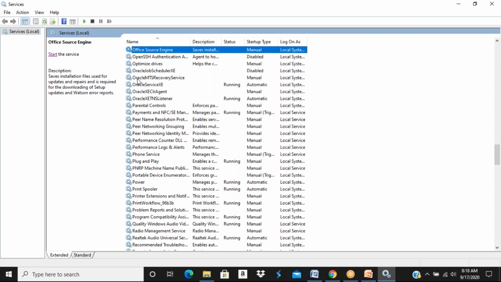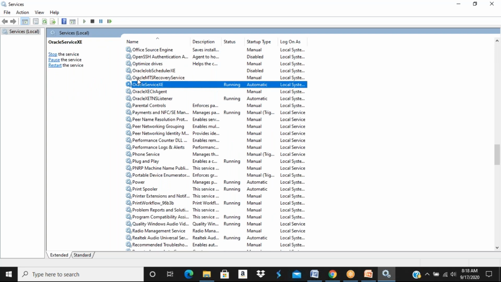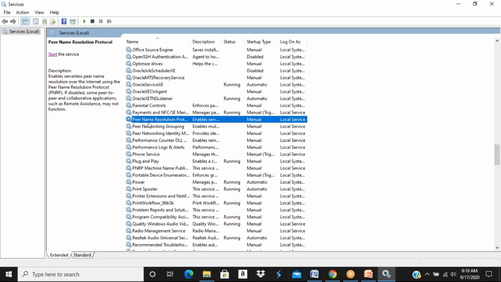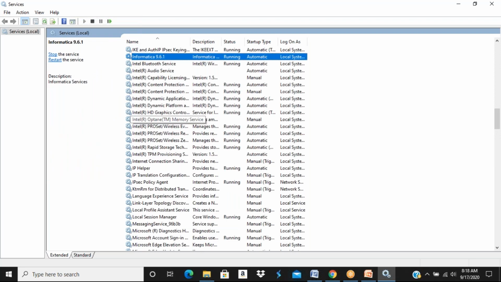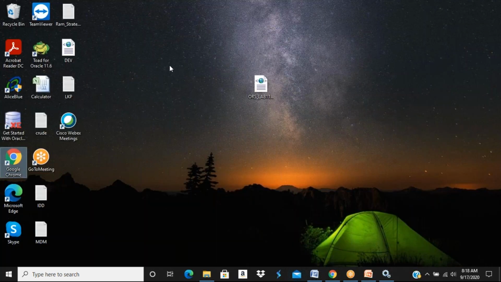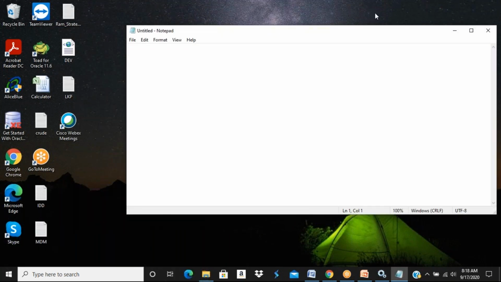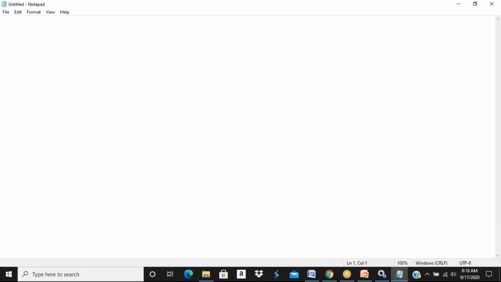As I told, I'm using Oracle as the database. The first thing you need to monitor is whether your Oracle database is up and running fine. Then you need to check whether your Informatica services are up and running fine. My Informatica is also up. Very simple. Here we don't have a separate data modeler. My motive is to show you, using Informatica as an ETL tool, how to extract the data from one schema and load it into another schema, nothing but how to extract the data from one system and load it into another system.